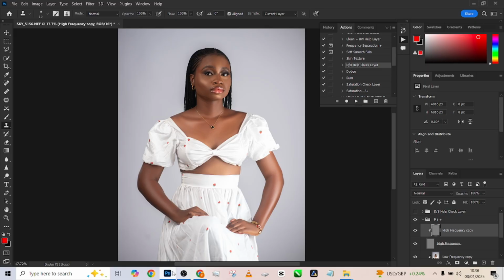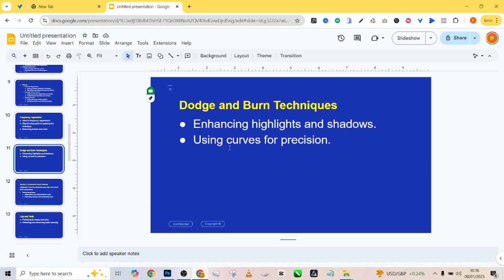So that brings us to the next thing we are going to do: enhancing your highlights and enhancing your shadows. The simplest thing you can call it is your dodge and burn. So today we're going to be learning the dodging and burning technique in Photoshop using curves or any other dodge and burn technique that we are going to be seeing in our action, just to make the highlights pop out a little more and the shadows become a bit darker, to give you the actual dimensional look in your images,